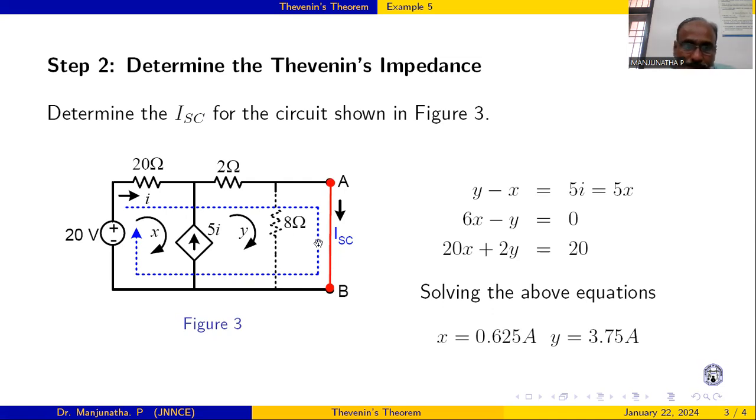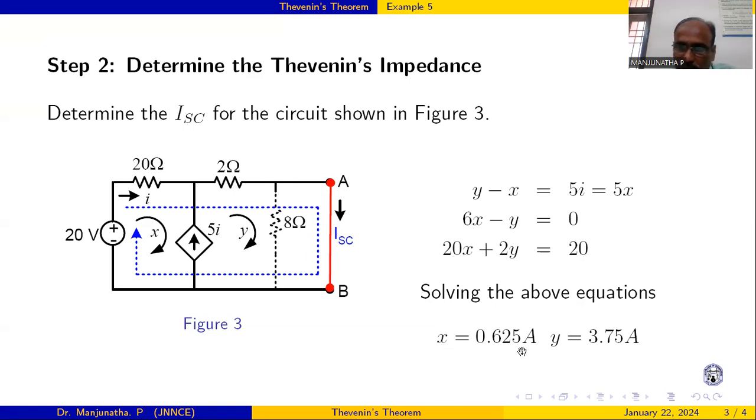When I short here, this resistor becomes 0. So this is the circuit here. Again, this is the super mesh here, and as usual, y minus x is equal to 5x, or 6x minus y is equal to 0. Now coming to this, 20x plus 2y only. Now 8 is 0 because when I shorted here, this resistor is 0, equal to 20. And solving these two equations, first equation and second equation,